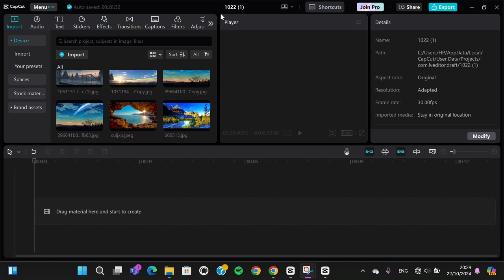In today's tutorial, I'm going to show you how you can set image duration in CapCut PC. Okay, let's get into it guys. I have created a project in my CapCut PC application, and as you can see, I have imported my images